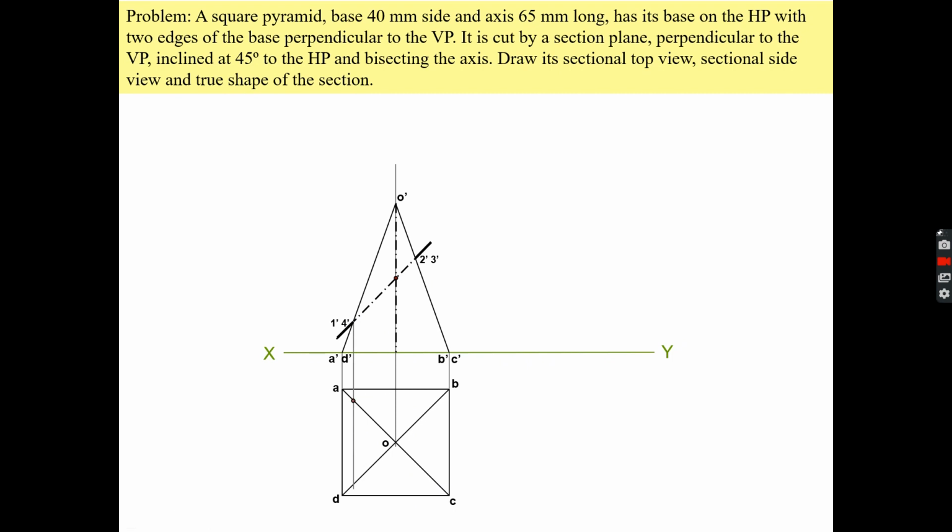Okay, so this point will be 1, and this will be 4. How? If this is your OA and this point 1 is on the OA. So when we are transferring it to the top view of the solid, point 1 will be here. Similarly, point 4 will be here. Similarly, points 2 and 3 you can transfer to the top view of the solid, and you can join it by a line. Okay,